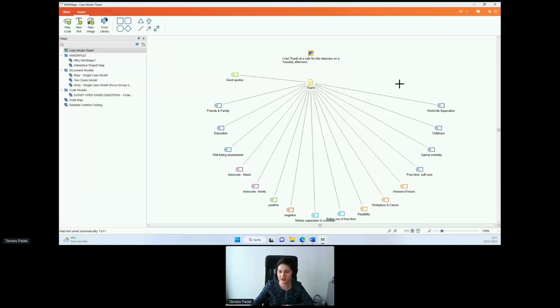So let's say here I would like to just illustrate that these codes where Tan is talking about her work-life separation, childcare, and her typical workday belong to the same category of home life. Then I could just group these together by adding an element. I could also